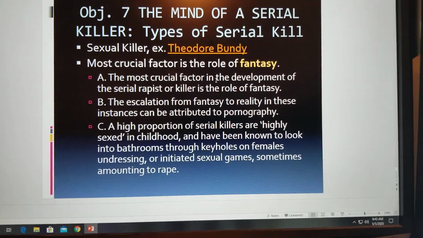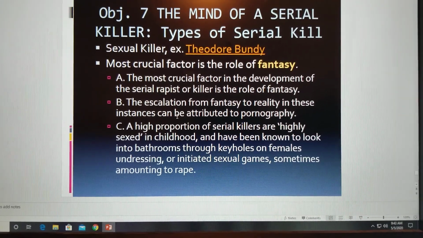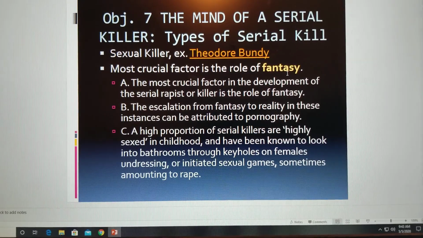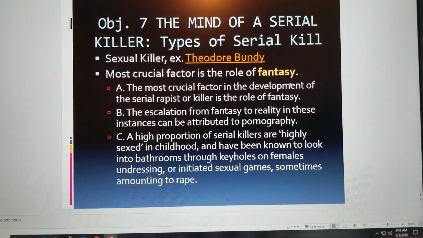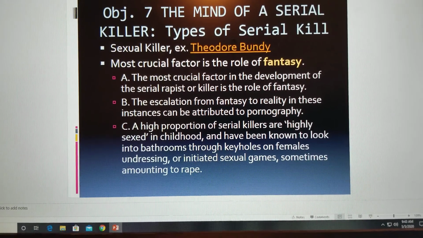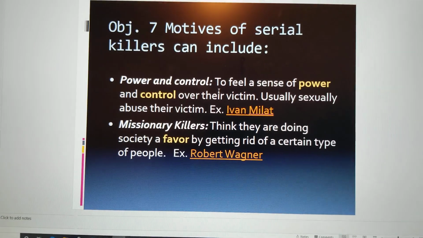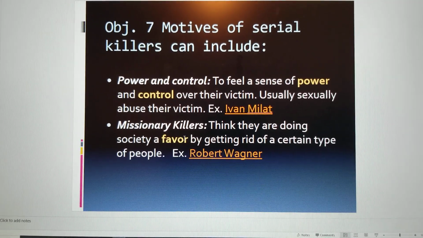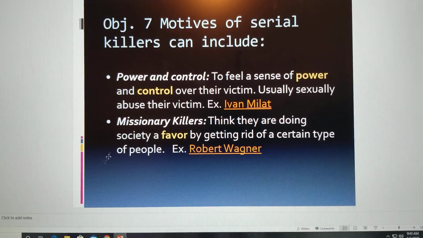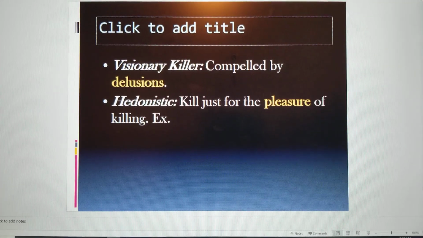All right, sexual killers. I think we get the idea here. This is all about sexual desires, fantasies. Usually this starts off with rapes or peeping Tom to rapes. Power and control, I mean, they want power over their victim. Missionary killers feel they're doing society a favor by getting rid of somebody. Visionary is all about delusions and